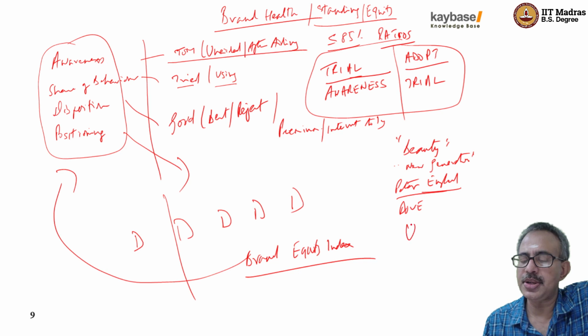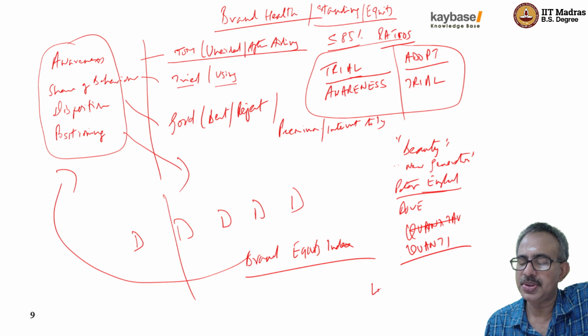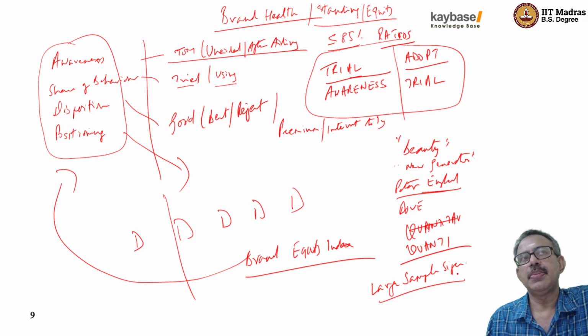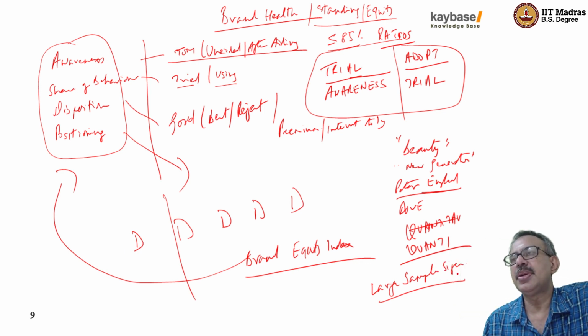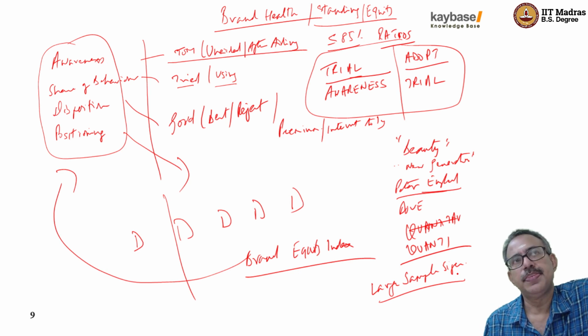Okay, these are always quantitative studies, never qualitative. They always require large sample sizes. And a company needs to do this kind of studies at least once a year so that you can see how things have changed from last time. The big multinational companies like Hindustan Lever and Unilever and others do it on a continual month-on-month basis. They keep doing it. Every month they want to see where the brand stands, and they do this worldwide.